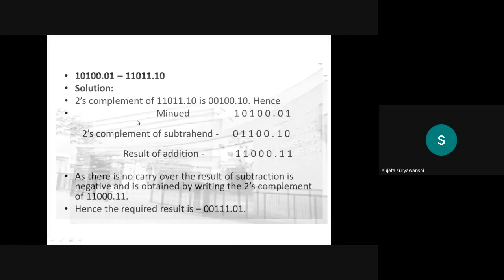Then the next example is this. Here, the first number is smaller than the second number. That is your second case. If both numbers are positive, but your second number is bigger than the first number, then you are getting a result where the carry is 0, means your result is negative and it is in 2's complement form. It is not in true form. To get it in true form, you need to convert it into 2's complement form.